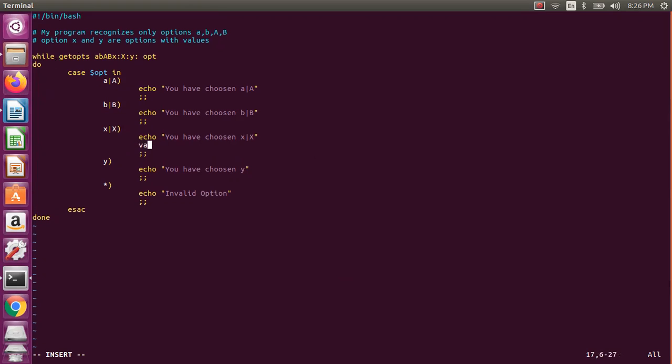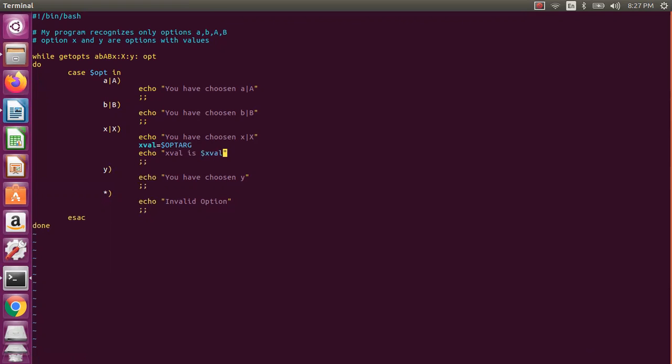So we will store that particular value. Okay, no need to store. If you want to use it, you can use it, and it will be taken out. But the problem is, if you have multiple options and you want to start your processing after getting all options, and you are passing three options with values, you will miss the first two. So instead of that, you will store in a value, and then you can process actually. So I say X value I will store, and I will just say X value is capital X value.